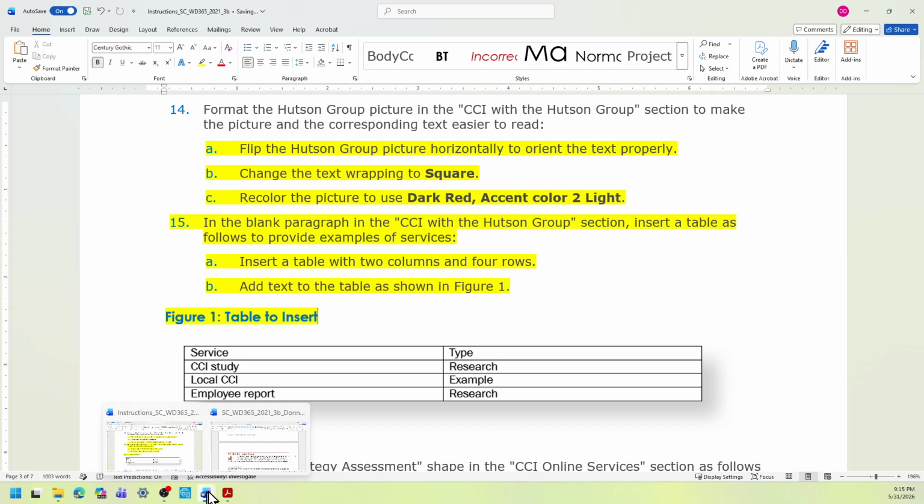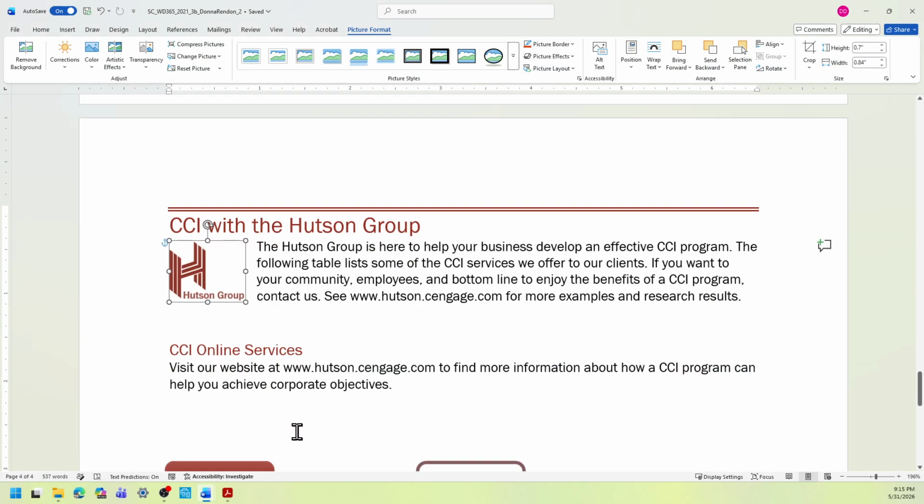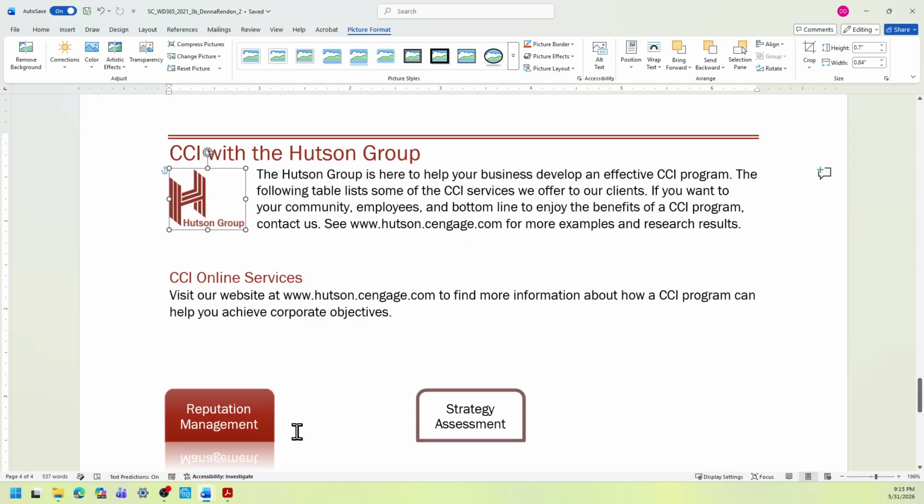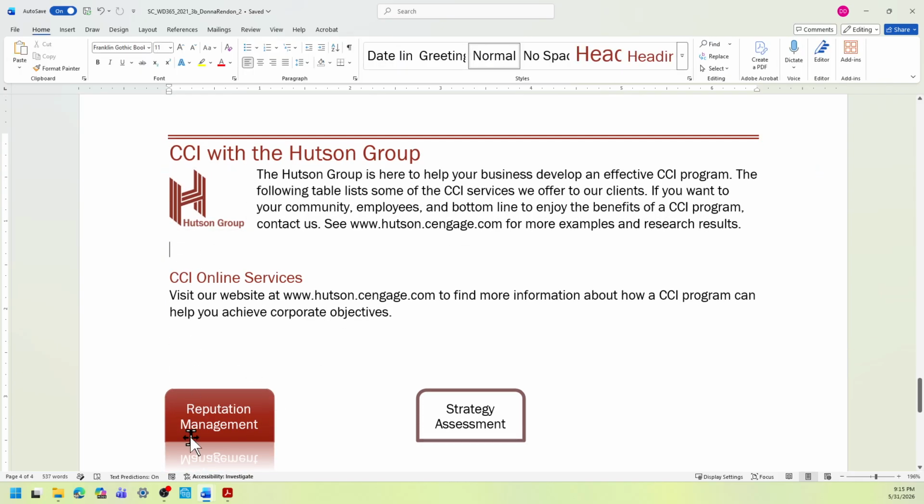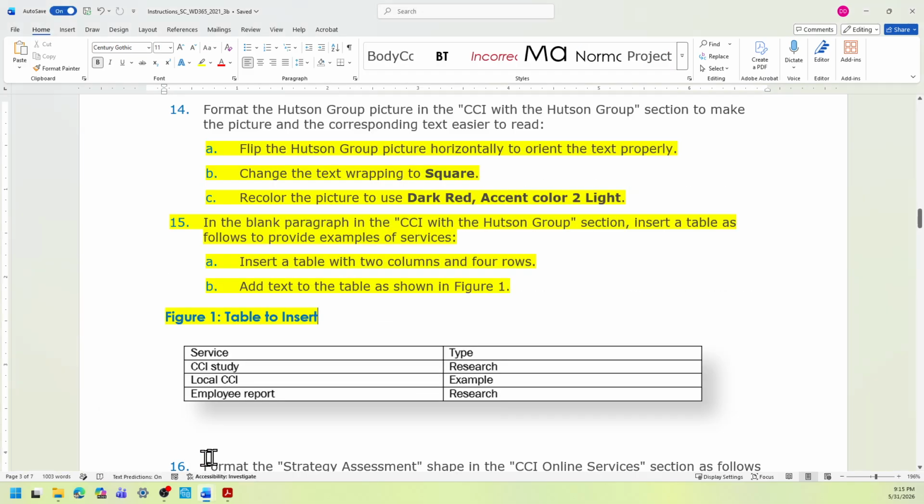Back to the start file. Okay, so this one should be in the blank paragraph in the CCI with the Hudson Group section. So we're gonna look for it. Is it going to be here? Let's check first.